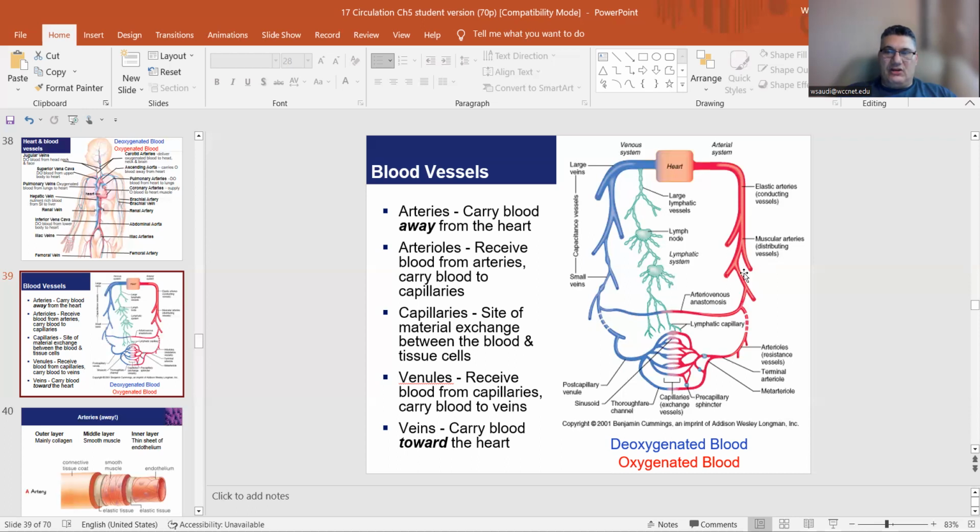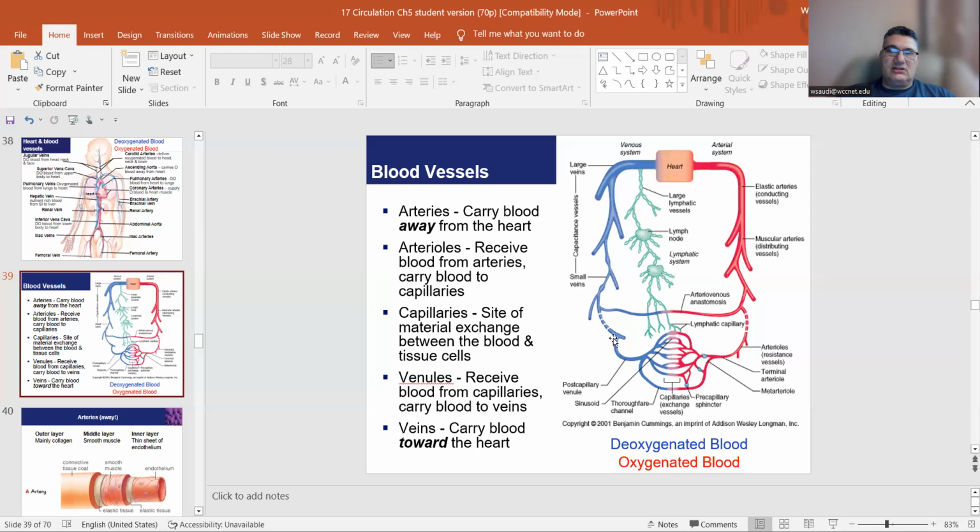Sub-branching, branching further, arterioles. What's after the arterioles? This, capillaries. These are the smallest of all. When you go to these capillaries, this is where part of the fluid of the blood leaves and goes to the cells to give them oxygen and nutrients. And then most of this fluid will go back on the other side, loaded with carbon dioxide and waste products